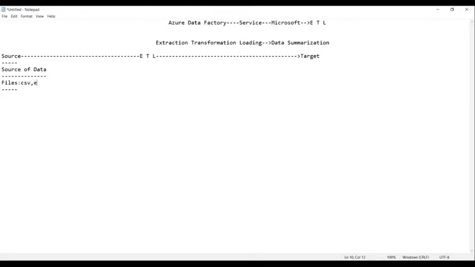Then Excel files. Tab delimited files, which we call TSV, tab separated value files. And XML files, extensible markup language.